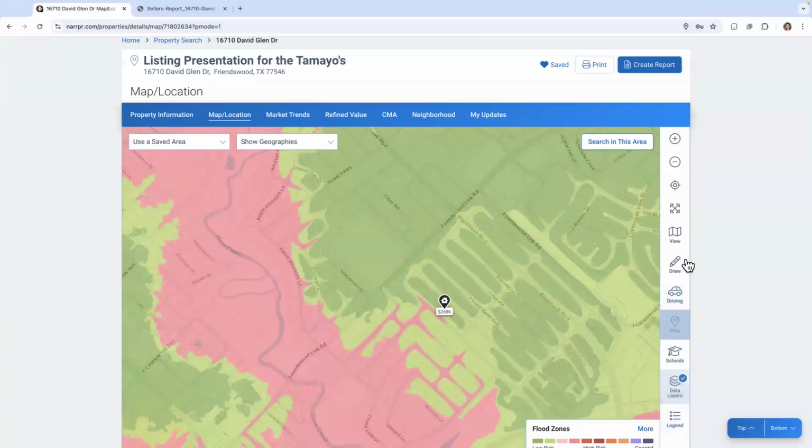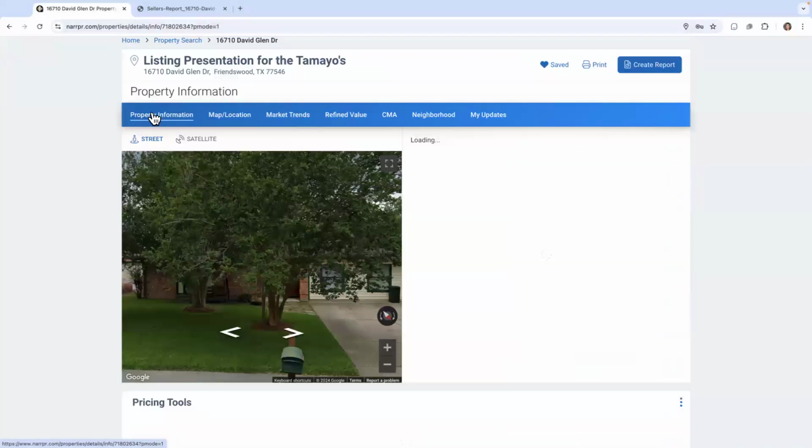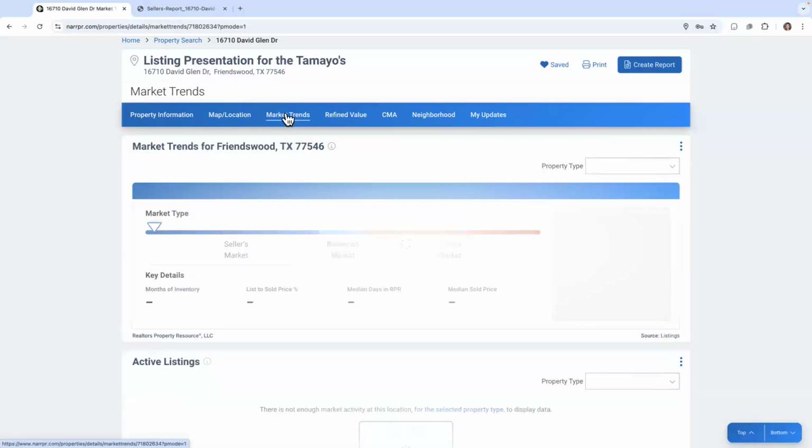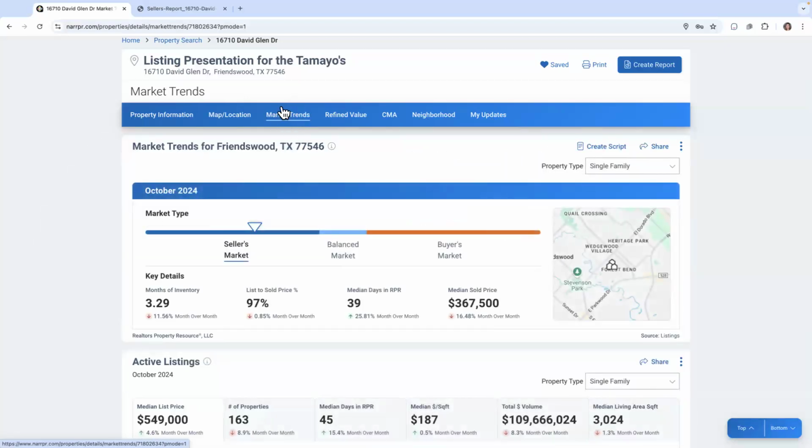So any questions on any of the map tools that we saw here? And again, it's just working our way across this bar, right? The next one that we have is market trends. So when I quickly click into market trends,